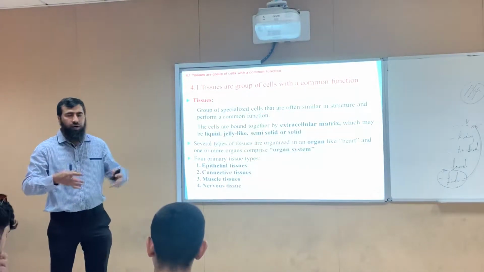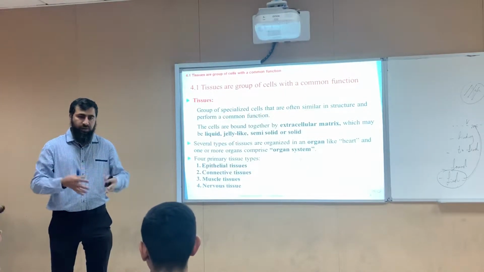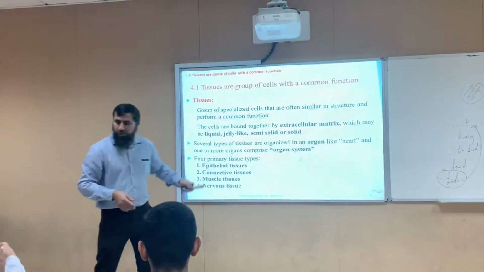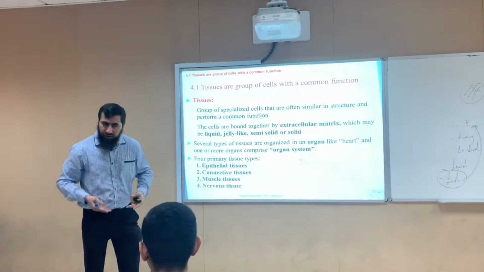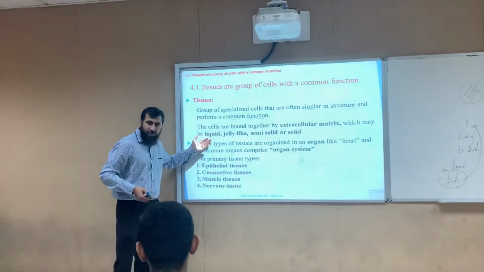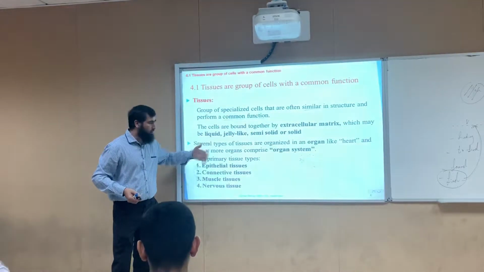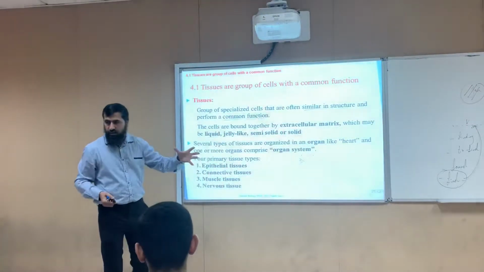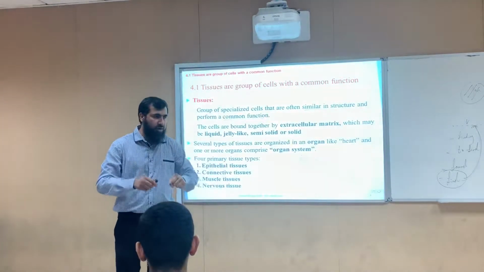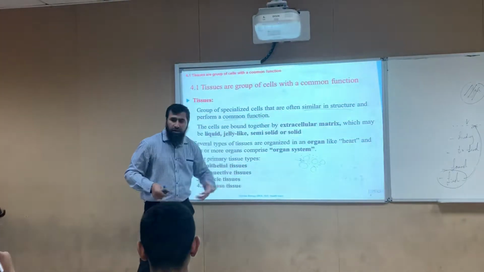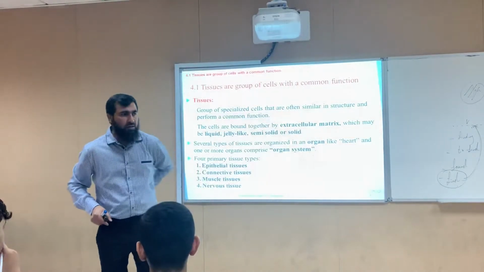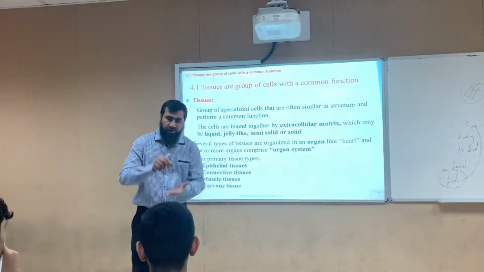it helps to bind the cells together and keeps them in. Sometimes, in liquid, they can float through it, and it's because blood needs to move around your body. The extracellular matrix should be liquid, so the cells can float in it. Sometimes, like bone, it needs to be hard, okay, rigid, so it doesn't break. Or in cartilage, it needs to be soft, okay, because sometimes in the vertebra we have cartilage that helps to